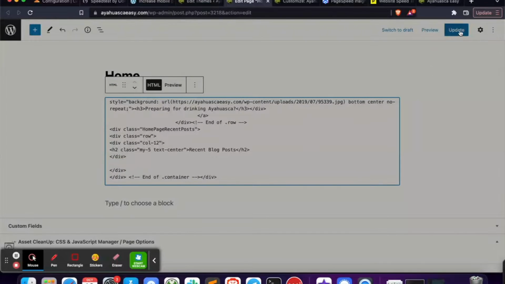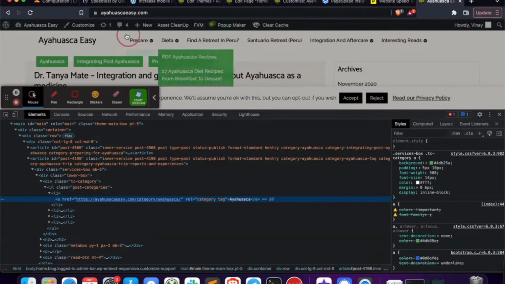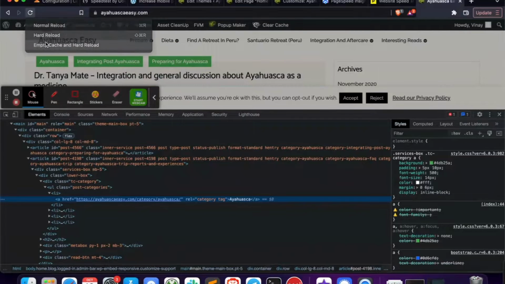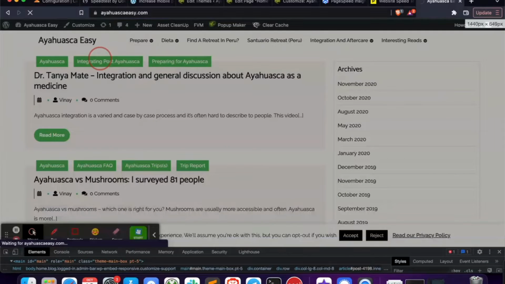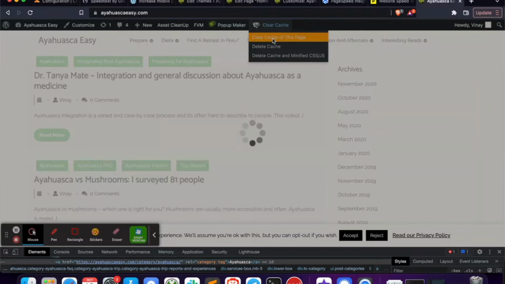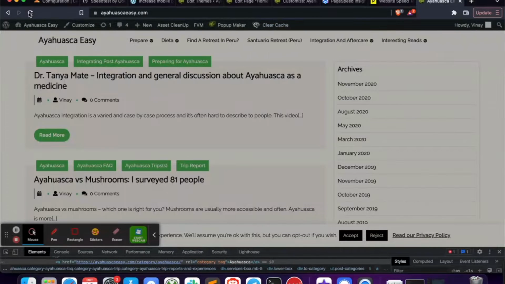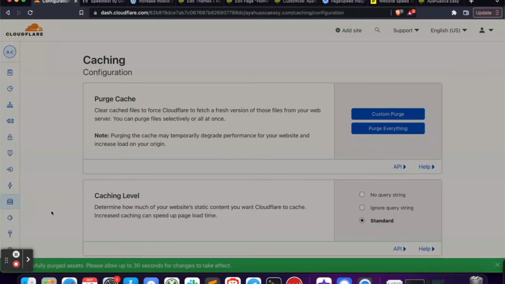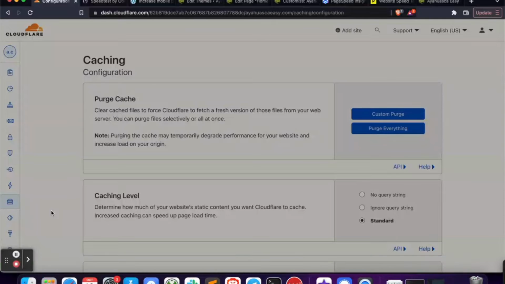So I'm actually going to remove it and update it. And then I'm going to load this again and see what happens. So I still get all that stuff, but I also have caches. So I'm just going to wait the 30 seconds for this cache to clear,